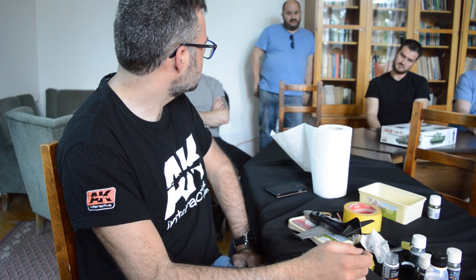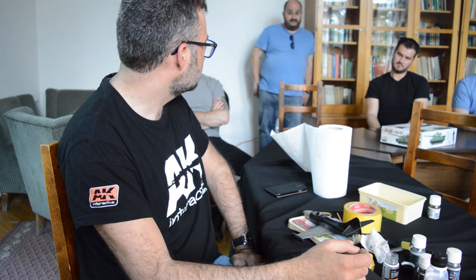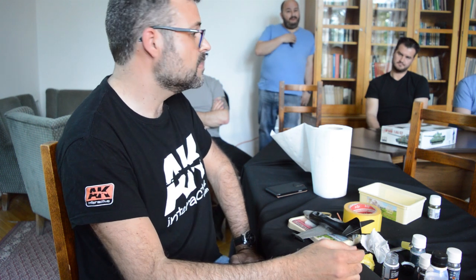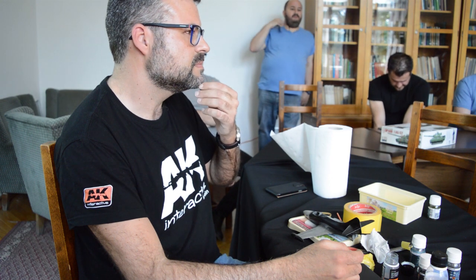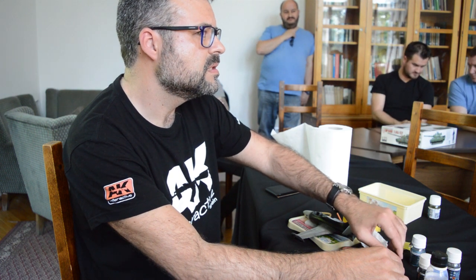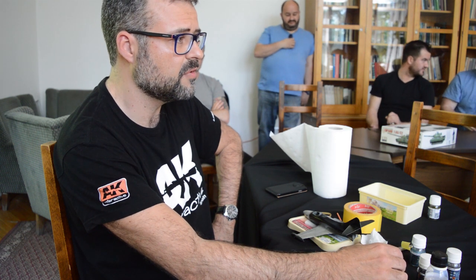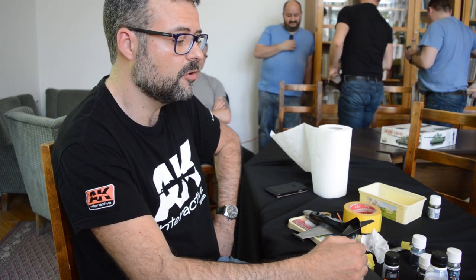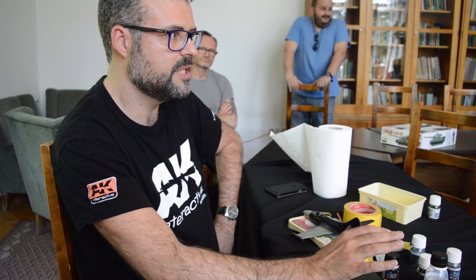Maybe you need to put on lots of light coats of the paint. So first you just shade it really lightly. You let it dry for 10 minutes or something, and you put on 5 or 6 coats really lightly. Thin coats, thin coats, yeah. I use the glossy varnish, and normally for me the best varnish of AK is the ultra matte. For me it is the best varnish, but